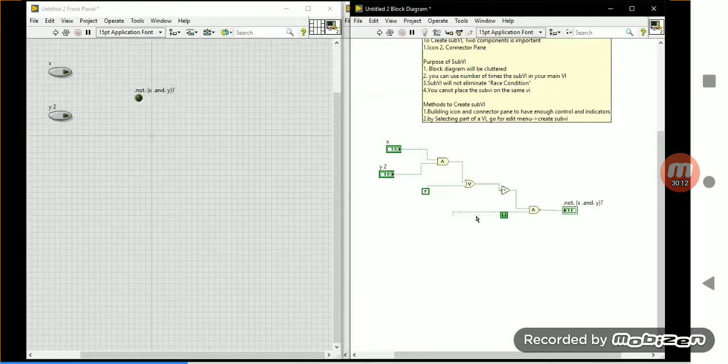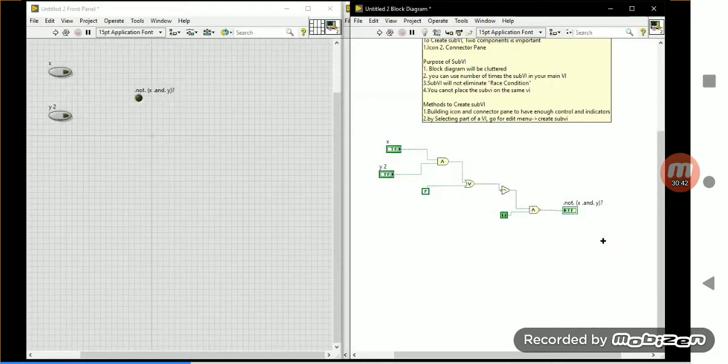Now a constant is available there. Sometimes they will ask questions like this also. They will select part of the VI, or the entire VI, then they will ask how many controls and indicators this VI will produce, or how many connector pane terminals the sub VI will produce. Both mean the same thing.